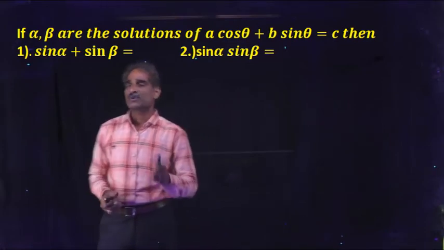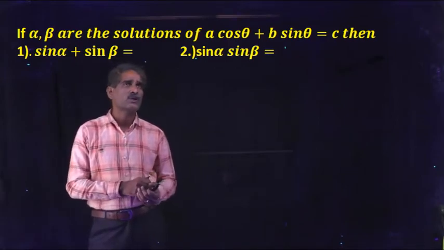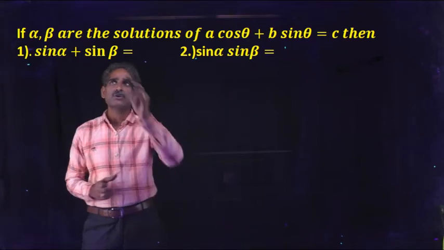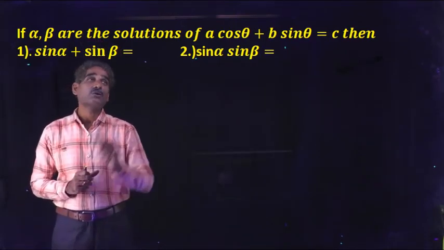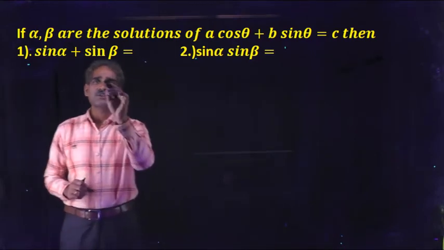Okay, so now first observe this. How can you find sin alpha plus sin beta and sin alpha sin beta? What is the relation between sin alpha, sin beta and the given equation? So we have given that alpha and beta are the solutions of a cos theta plus b sin theta equal to c. That means alpha, beta